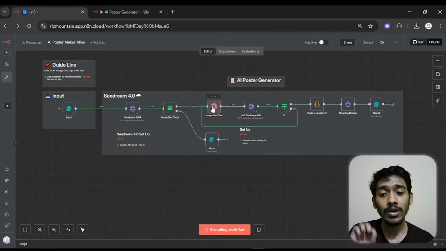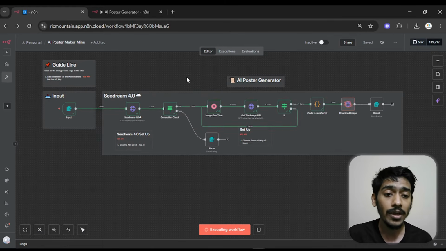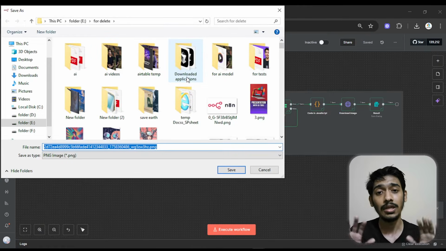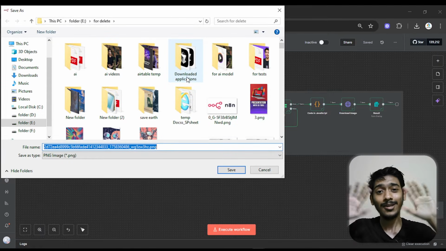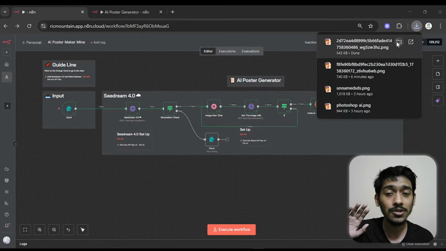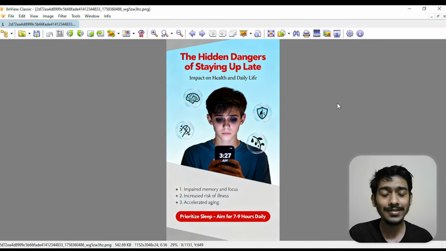So you can see our image generation is still processing, and soon it will give us the image, and not only give the image, it will download the image to my device automatically. So you can see here are my hands, I didn't touch anything. This is automatically asking to download the image to my device. I just go with save. So it's downloaded. Let me just open the image, and here you can see, guys, this is the image. It's really cool. It was just generated right now using Seedream 4.0 and through our AI system that I